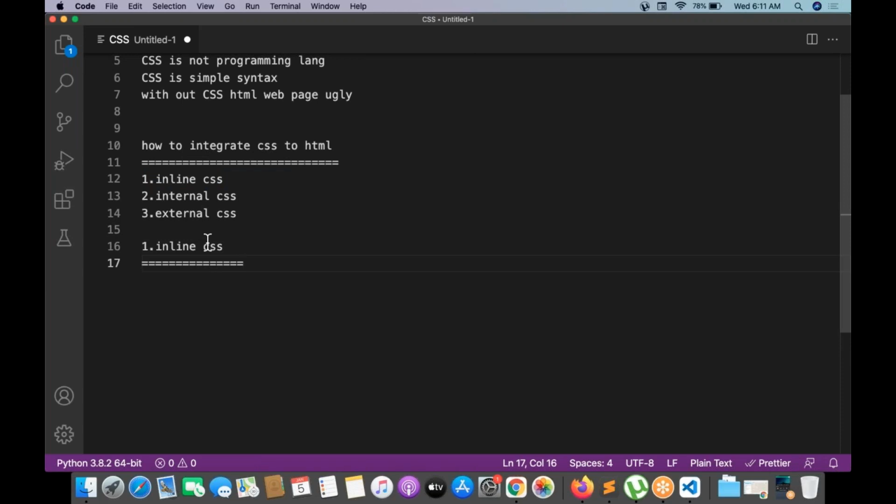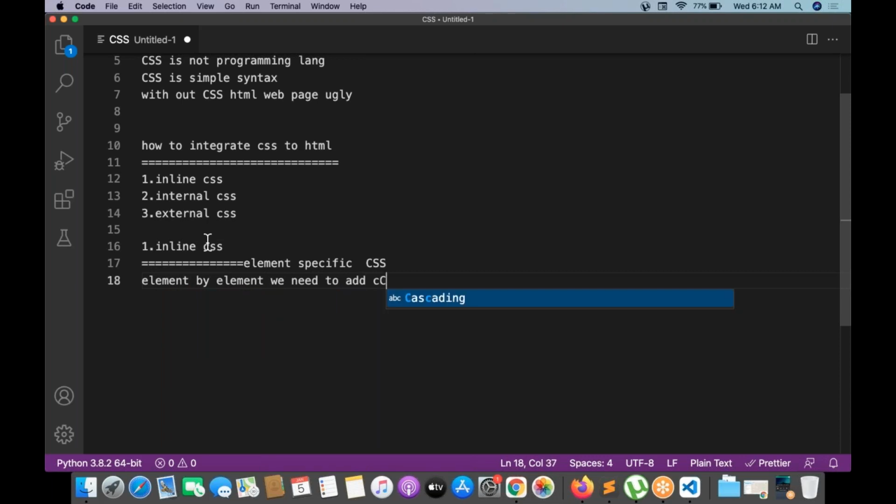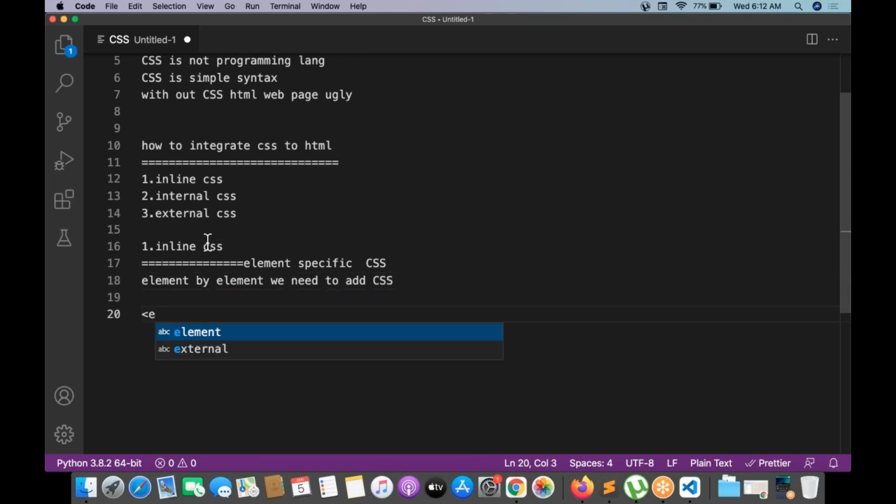Inline CSS is basically element specific CSS. Element specific CSS means element by element we need to add CSS. So for example, this is the h1 and we need to write an attribute called style, and the h1 content, h1 close.